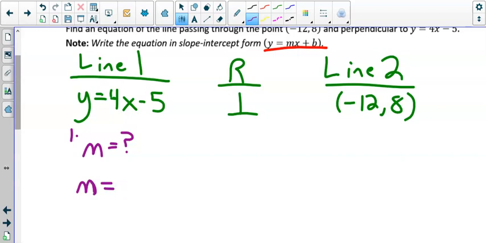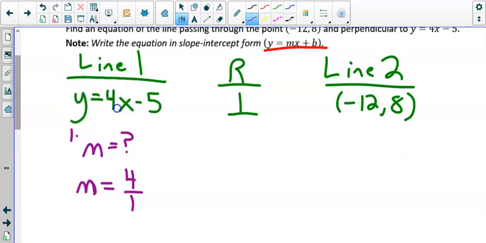4 over 1. Perfect. I love it. Because this is in slope-intercept, and since you're in slope-intercept, the slope is in front of the x. That guy's our slope. And remember, slope is really 2 numbers. When you don't see the denominator, it's the number 1. All right. Now,